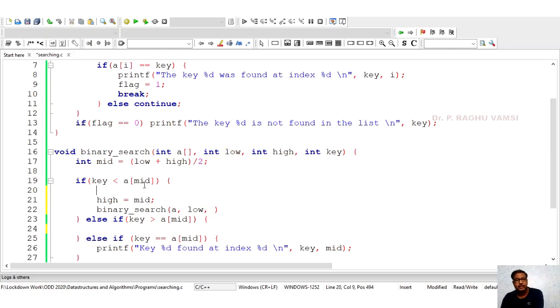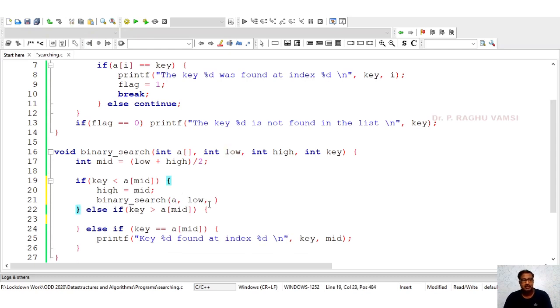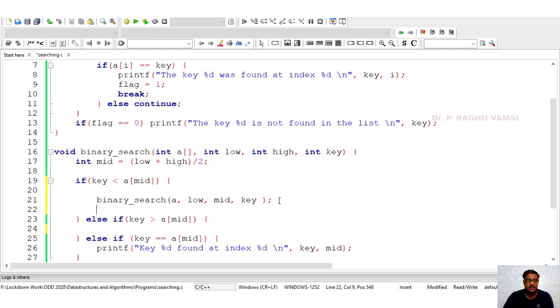Low is always low only, because whatever the initial value is, that is the initial value. Low comma high, or instead of high we can also say mid, comma key. This is the function we called recursively.